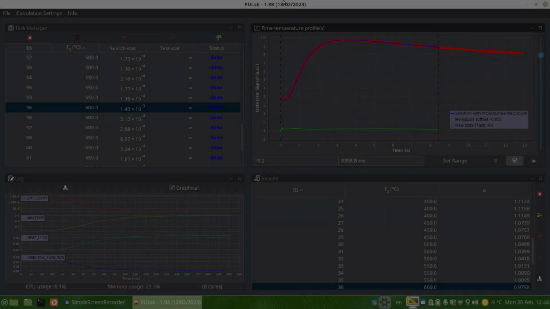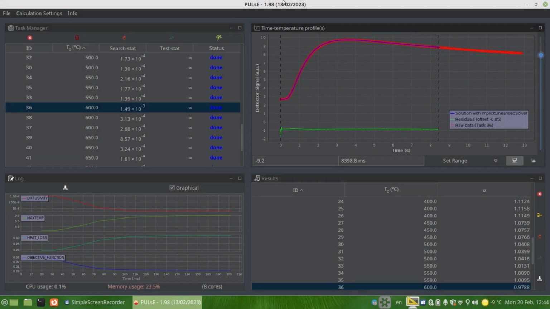Hello guys, this is a video about PULsE, the processing unit for laser flash experiments, and in this video I'm going to show you the capabilities of model selection, and we're going to delve deeper into the experimental set of data that we touched upon last time when we were looking at the Pyrus RAM sample that was measured with